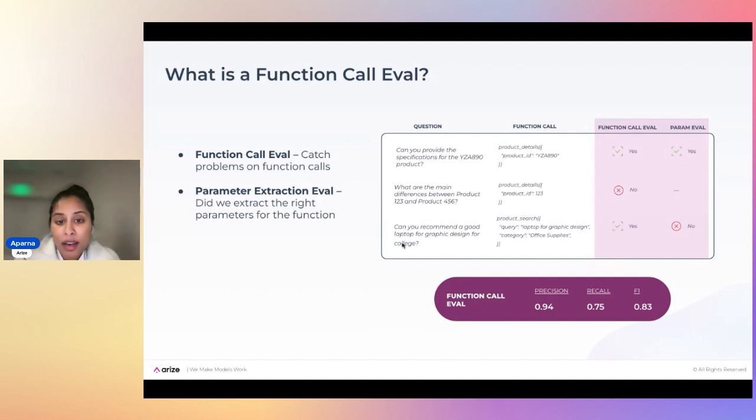I'm not sure if a laptop fits into office supplies. Maybe they expected it to be in electronics. So this is one where it got the parameter for the function call wrong. So you might want multiple levels of evals: what function did it first call, and then did it extract the right parameters for that function.